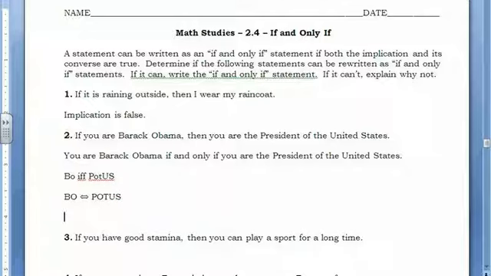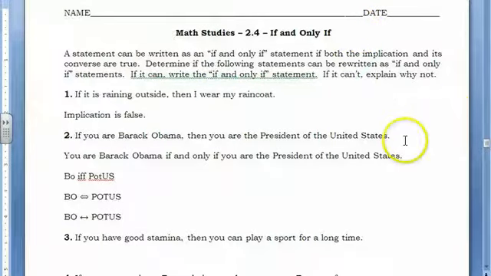You can use the double arrow, the thick one, or you can just use the thin one: Barack Obama, if and only if President of the United States. I do want them written out in English, but I'm just showing you the different symbols that would mean the same thing. So IFF means the same as if and only if. The double, both sides arrow, or the single, both sides arrow, are all acceptable to mean if and only if.